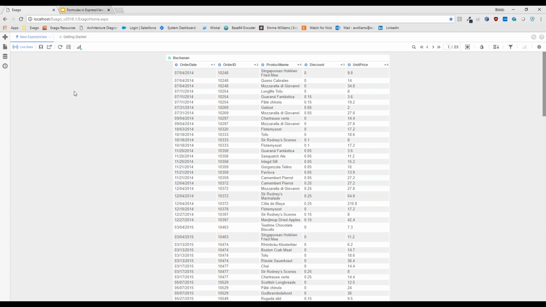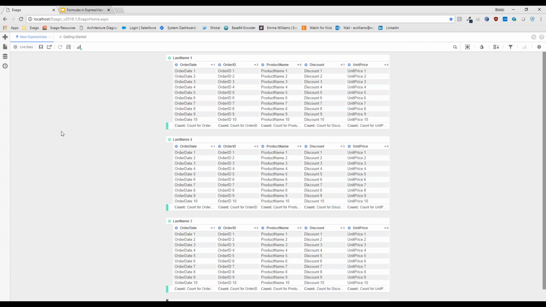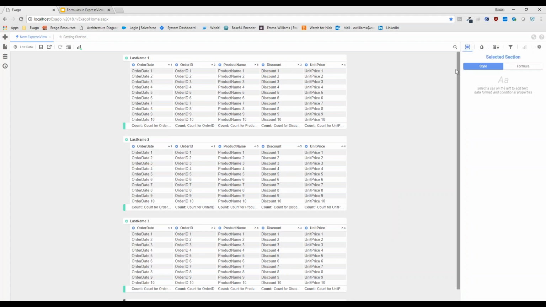Come up with some, insert first name here, right? Someone else named Buchanan. So I can use a formula, and this is where my selected cell menu is going to come in handy. I'm going to play around throughout the lab with creating formulas with live data on and off. But for now, let's start with it off, start at the basics.